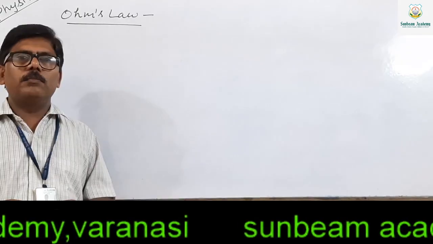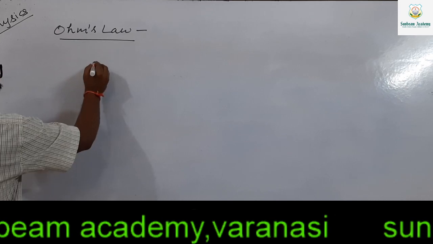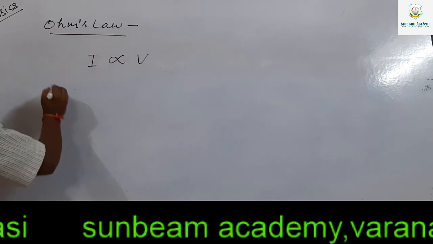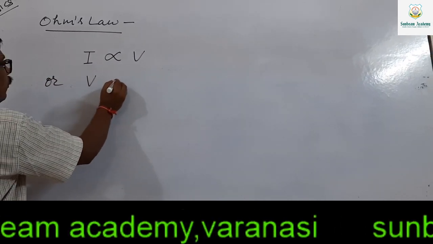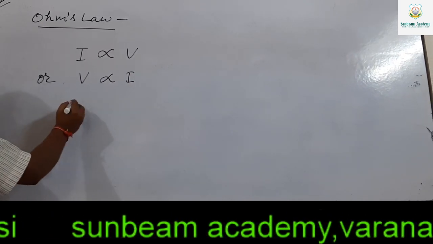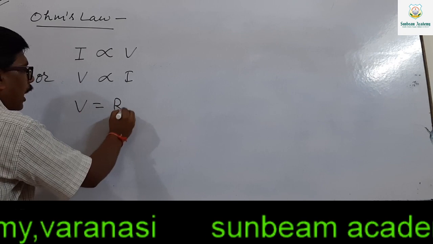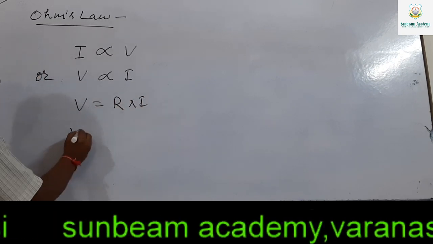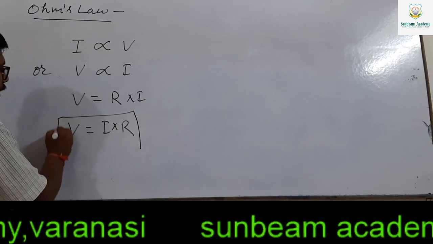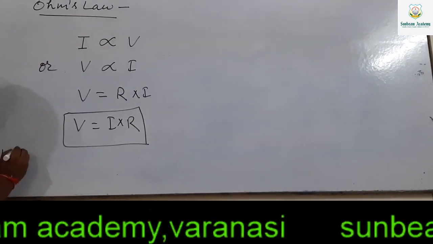It means that, as per him, current I is proportional to V, or you can say V is proportional to I, and whenever you remove the proportional sign, we use a constant R. Here I am using the constant R into I, or you can say that V is equal to I into R. This is the mathematical relation of Ohm's law,